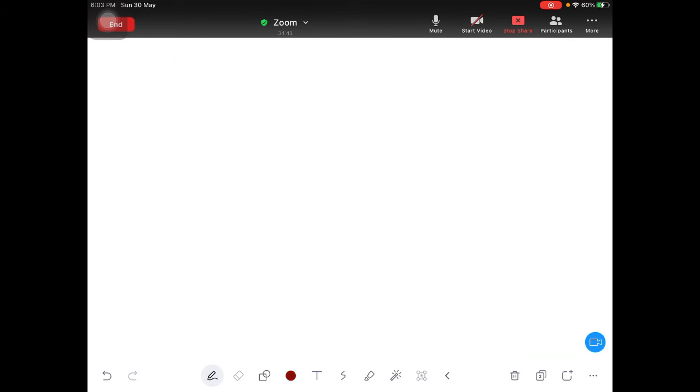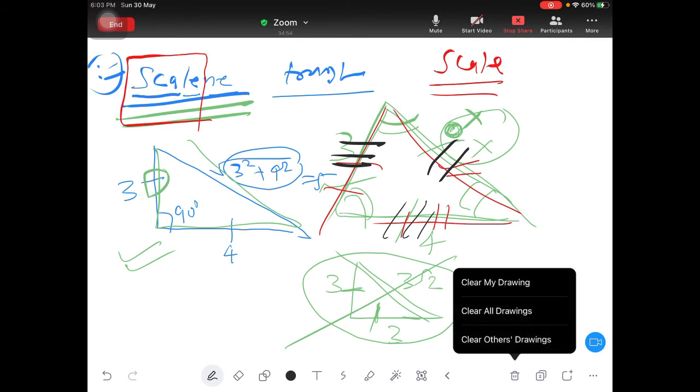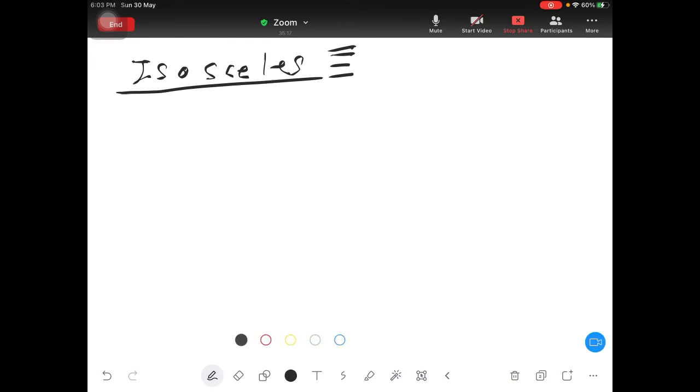Then we have another type of triangle. What is the important part to take care of? Neither sides nor angles are the same. Then we go for the isosceles triangle, spelled I-S-O-S-C-E-L-E-S. Some people pronounce this as "isocels"; they have different pronunciations. If you want the exact pronunciation, it's isosceles.